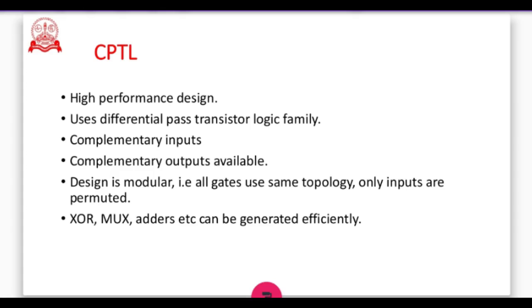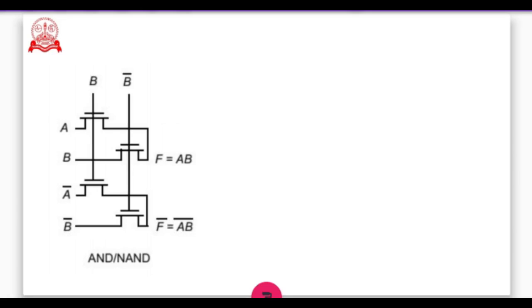To understand this better, we can see some examples. Here, this is a simple circuit to obtain AB and AB bar, like AND and NAND. So we can see that there are complementary inputs A, B, A bar, B bar, and we get our complementary output too. That means AND and NAND are obtained. So to obtain AND, let's see how it is obtained. We have AB in the first line plus B B bar. B B bar is 0, so we get AB. So we obtained AND now.